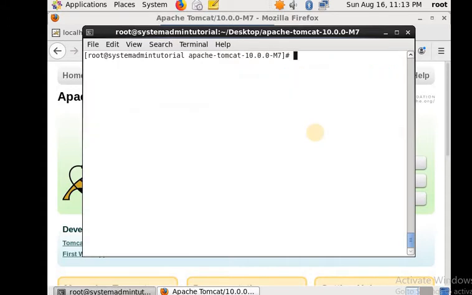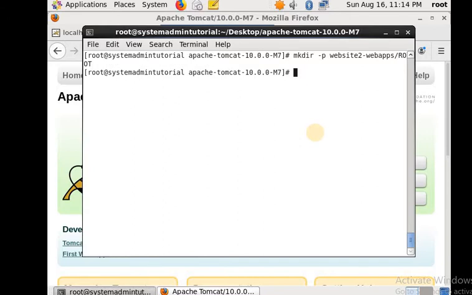In the same way we will create another two directories: mkdir -p website2-webapps/ROOT.